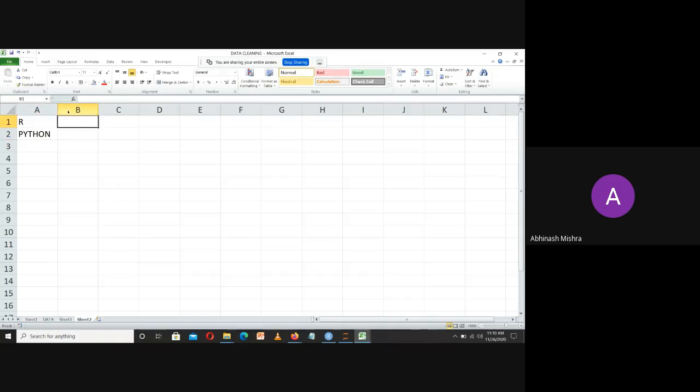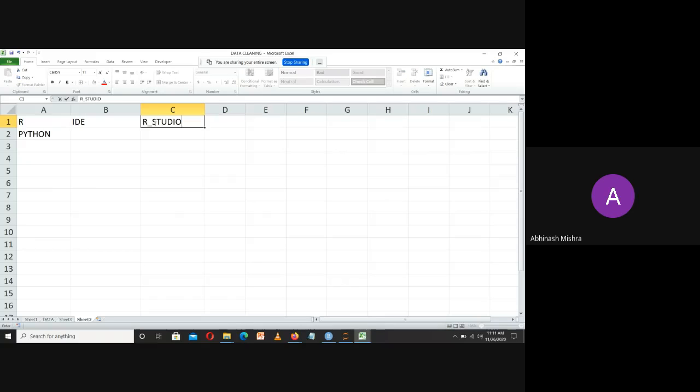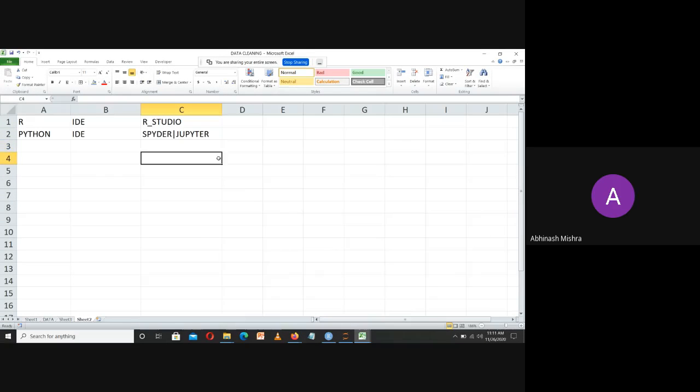So first of all, if you want to start with R, you should know how to download it. What is basically R? R is basically a language. If it is a language, we need an IDE to work on. So which IDE will we prefer? We will prefer RStudio. This is an IDE or a platform on which I will be writing the code. In the same way, if you are going with Python, you should also have an IDE. Here you have a bunch of IDEs available, like Spyder or Python Notebook. Now, where will you find them for R?